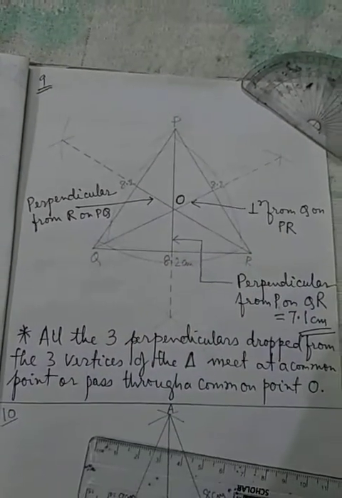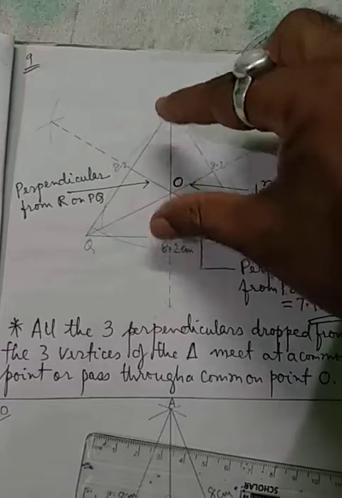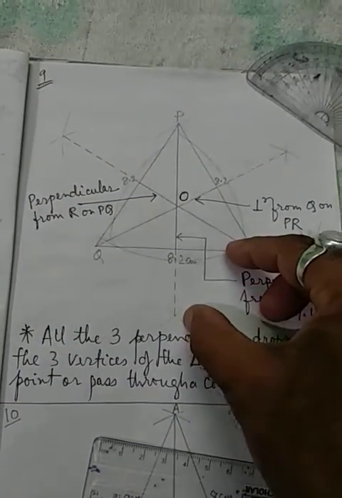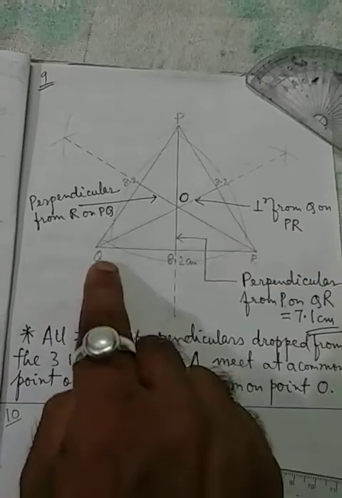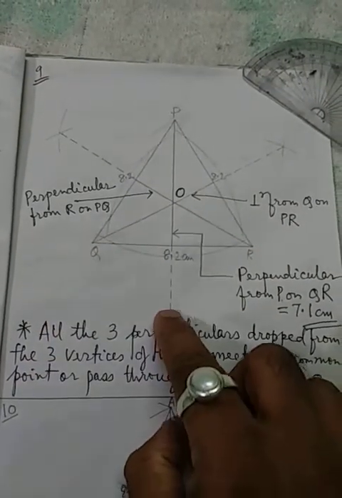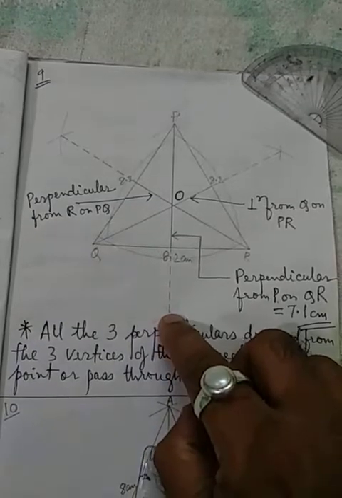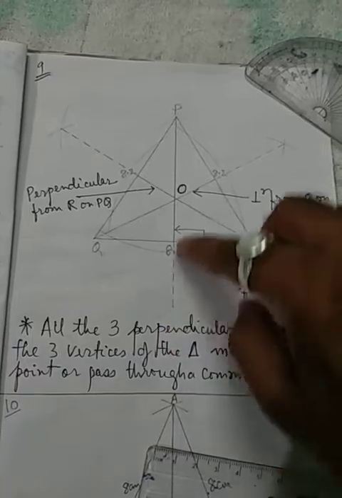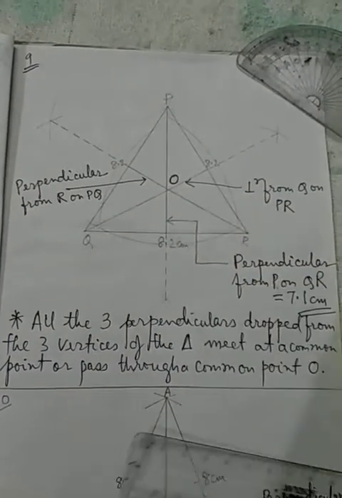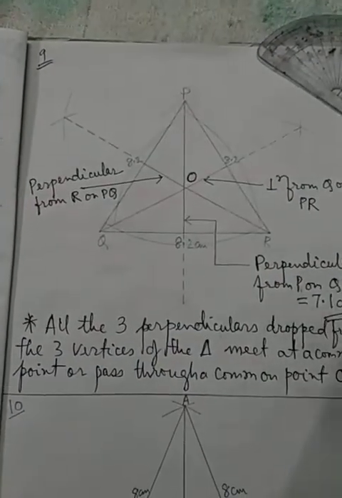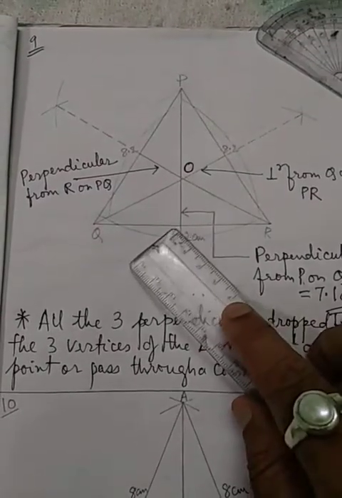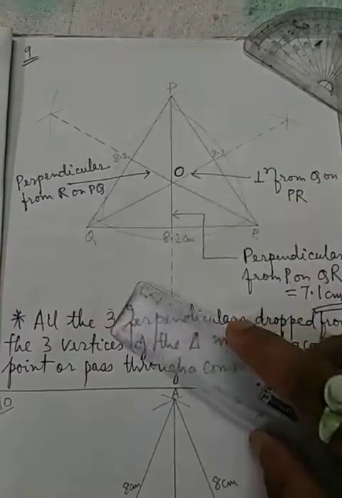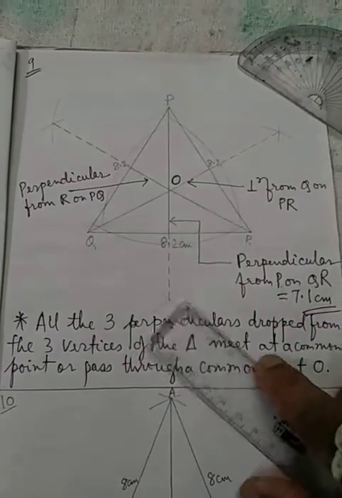Then you make the arc, because the big arc, you make it a little less. Having made the arc less, from this point I will cut, and then I will cut from this point. So I am getting this. Now when this point is joined to that vertex P, this line is the perpendicular. But when we measure, the length measurement will be up to here. That is why you see within the triangle I have taken this as a straight line, and that extra part I have shown as a dotted line.